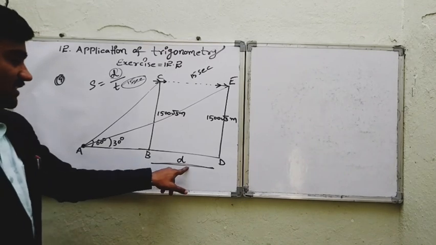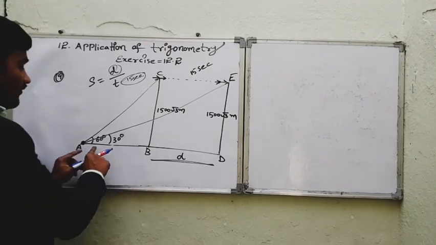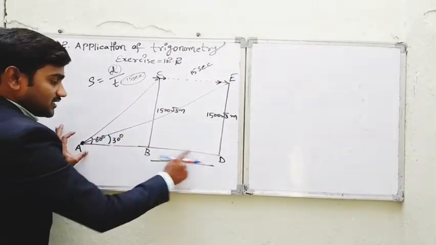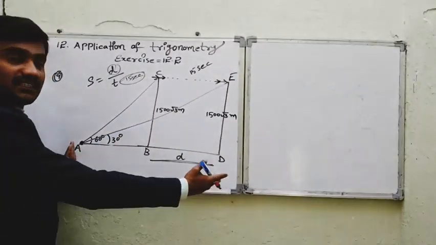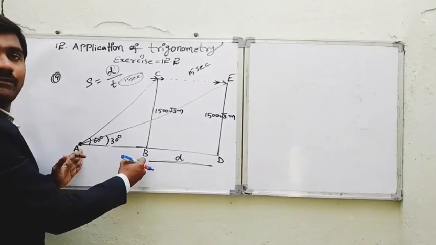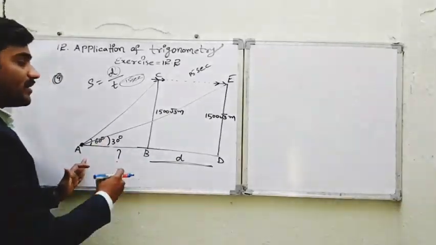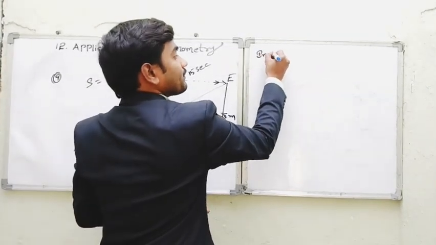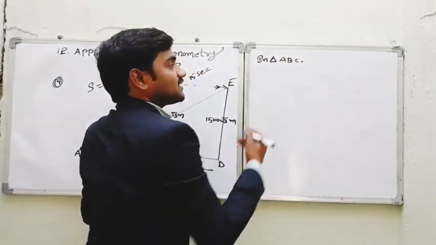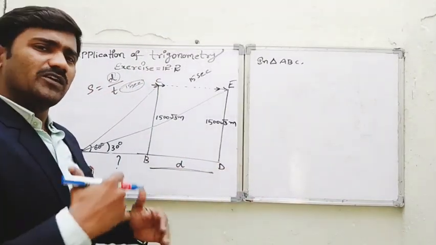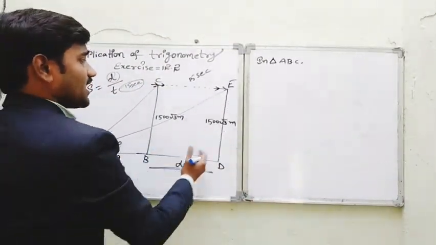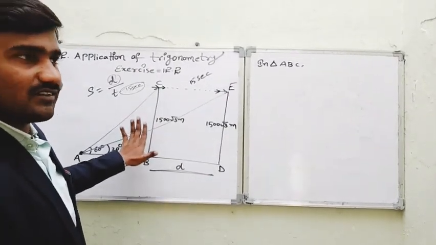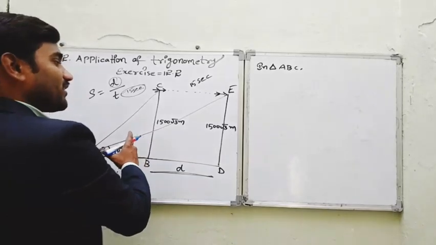To find out this distance, if you take triangle ADE, AD will be the adjacent side, but we don't know AB. First of all, let us find out AB by taking triangle ABC. If you take the big triangle first, you can't solve the problem. First you need to solve this, otherwise you have to come back to this same one.